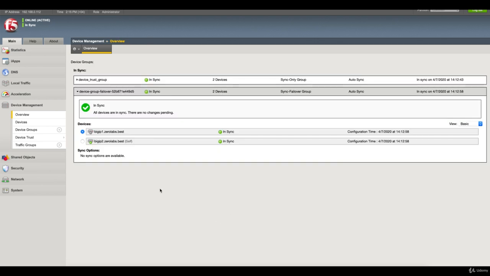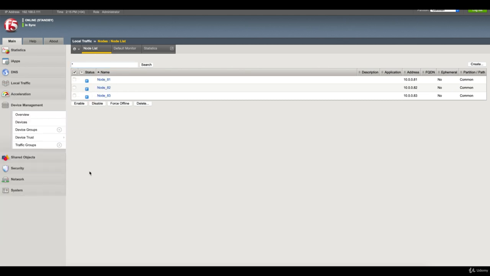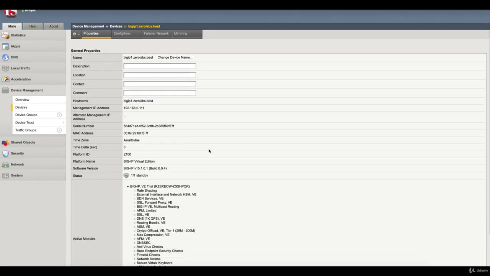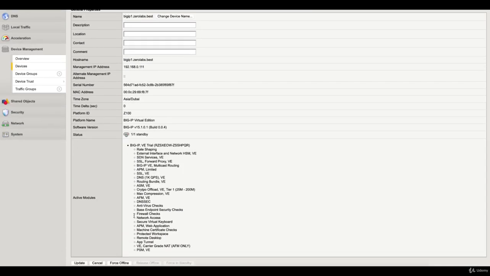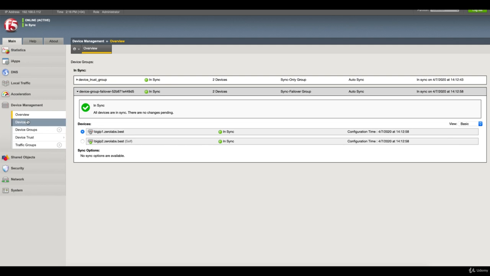Now, if we want to change the active device, now BigIP2 is the active, BigIP1 is the standby. If you want to change, you can click on device management devices. Self means we are on BigIP1. Here you can say force offline, you can say force standby, but because this is already standby, we have to go on the primary devices,